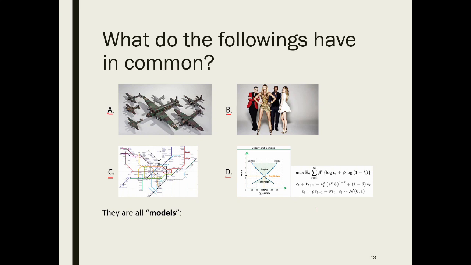The first feature of models is that they must be simplified. Take figure A, for example. You need to ignore many details of a real plane to make a model plane for kids, just like economic models, which ignore many details like individual level factors, because you cannot address everything in a model. You can only focus on factors of the same importance and forget about other relatively trivial factors.